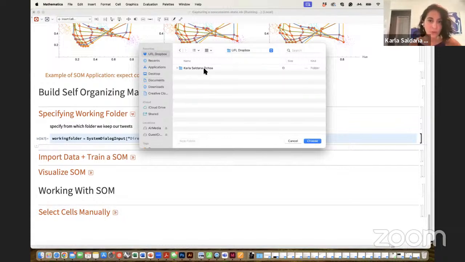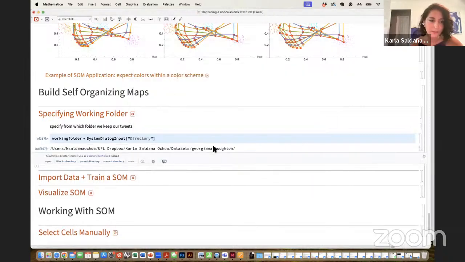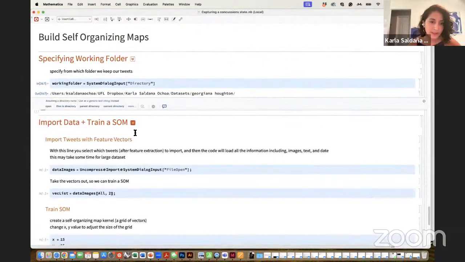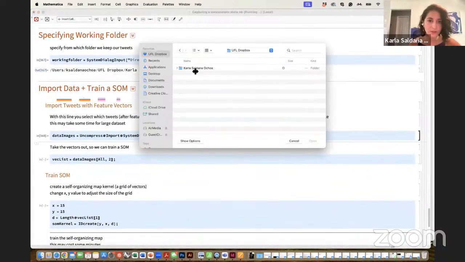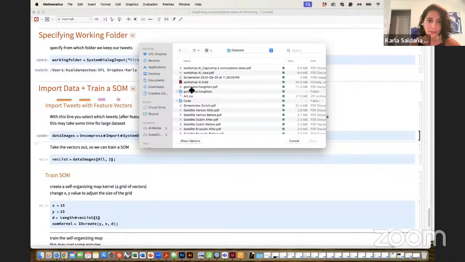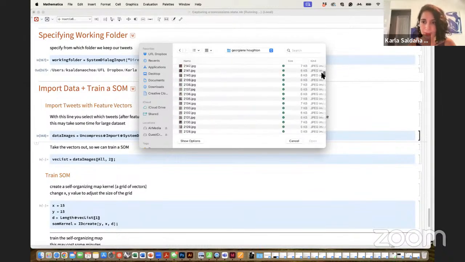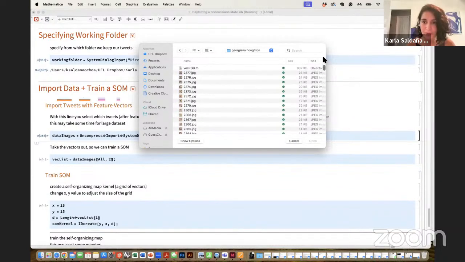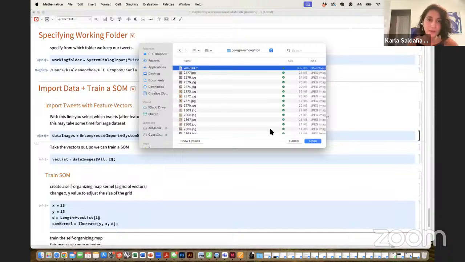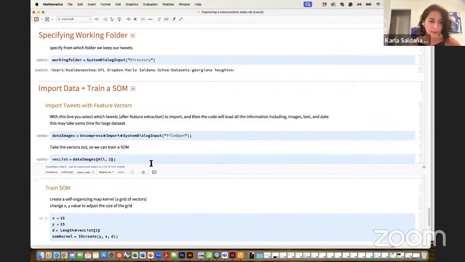Here we define where our dataset is. So we go back to datasets, this one here. Then this line is saying, show me where the feature vectors are. So you need to go back to your datasets and to the folder, and then scroll to the very top of your folder in this case, and there is going to be the feature vectors that have been extracted. Then we're going to create the vector list.